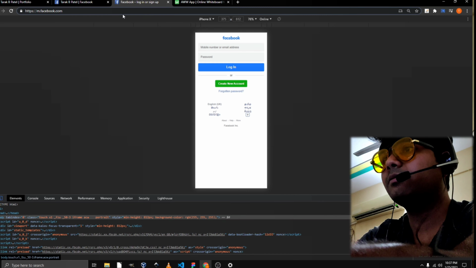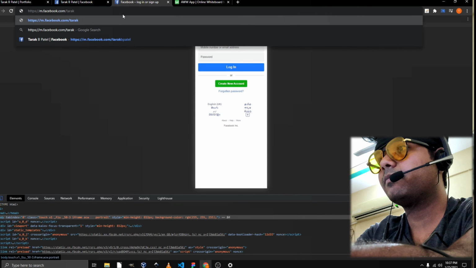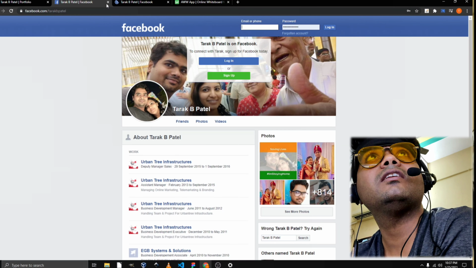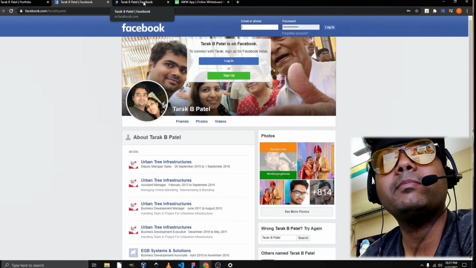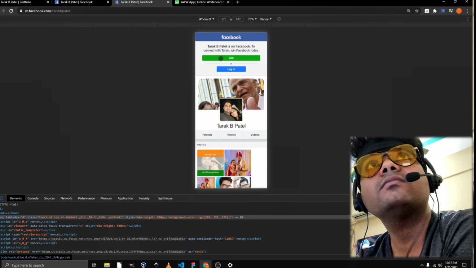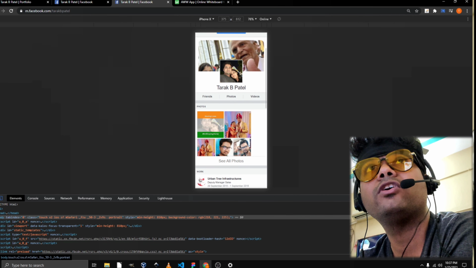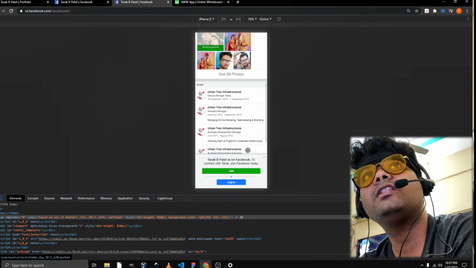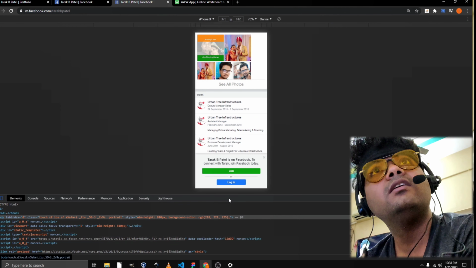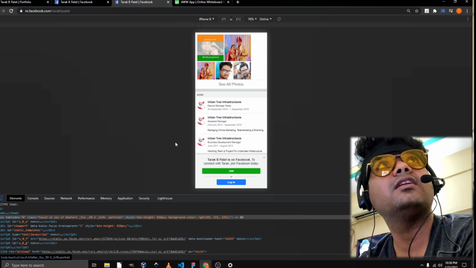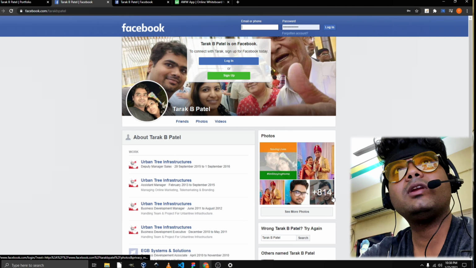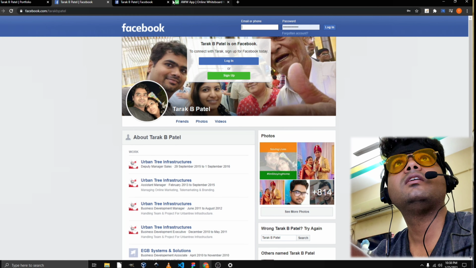Let's see how the same page looks on mobile. This is the page as it looks on Facebook as a desktop application, and this is how it looks on your mobile phone. If you see this, it's the same information as on Facebook, but they have rearranged the layout. This is called responsive website design. This is a user experience that a developer can give. A front-end developer's responsibility is to visualize this idea and create applications.